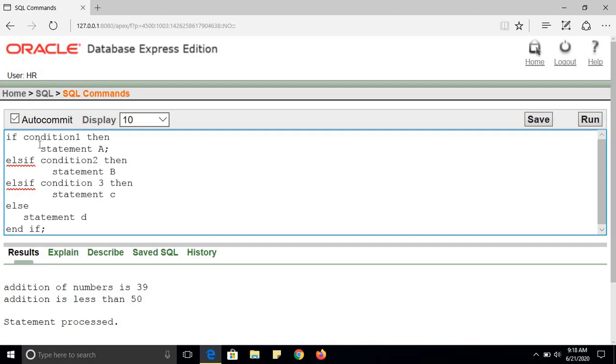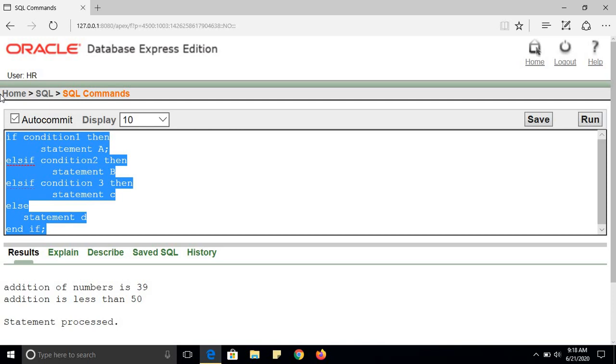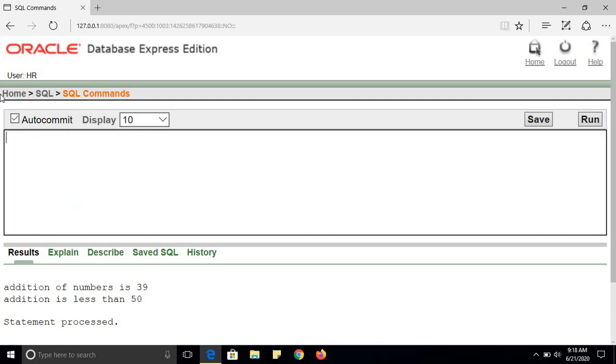So what we can do, suppose I have two numbers. Begin. Suppose I want to say enter 1 for addition.